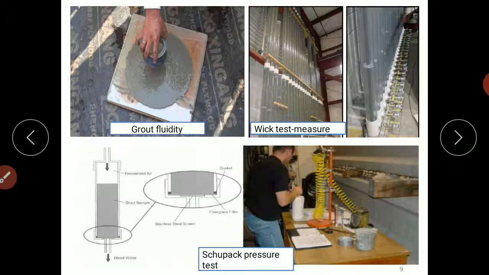We are just referring to them for our knowledge, to know what background we require for the design and what actual site tests are to be performed on the grout.